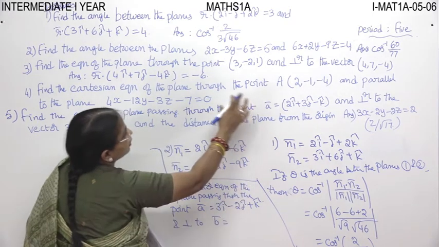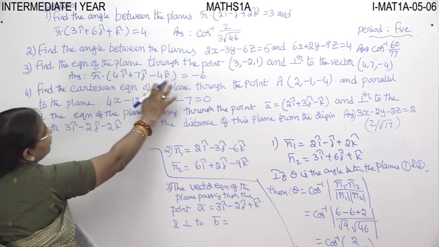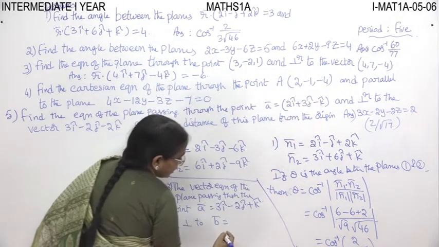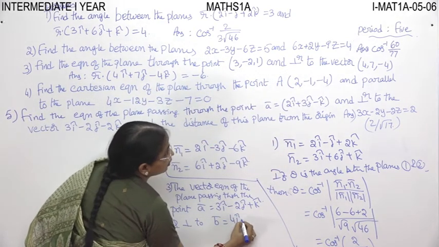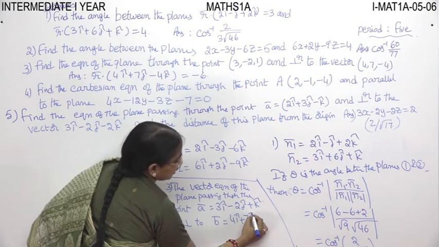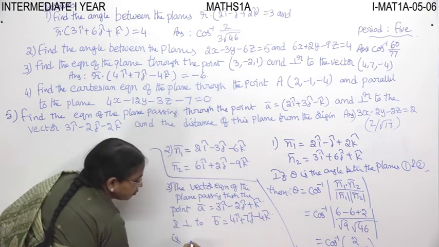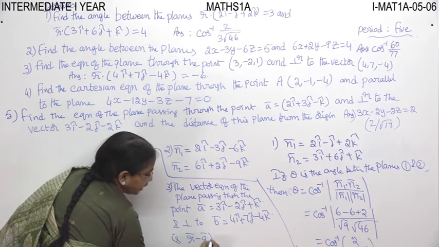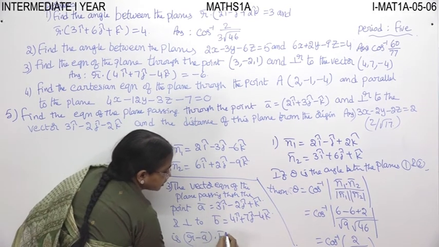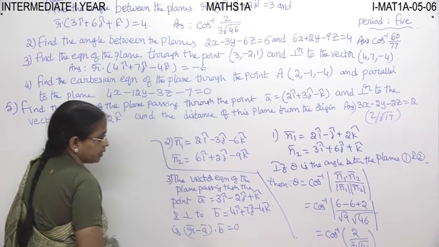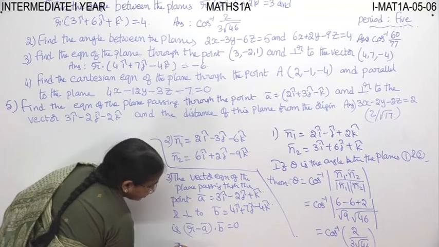And perpendicular to the vector b. What is that b? Perpendicular to the vector b, which is 4i plus 7j minus 4k. We have the formula now: (r minus a) dot b is equal to 0. So that means